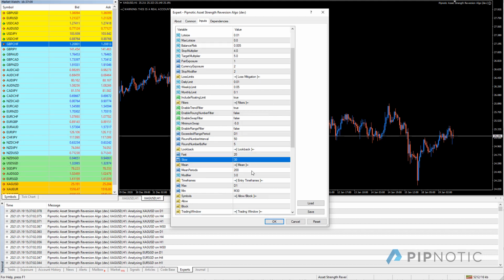And then we have the mean settings that we also have in the histogram. These are the same ones that we had before. Then we have the entry time frames. So everything in the market watch on and between the daily and the 30-minute chart will be scanned for entries,